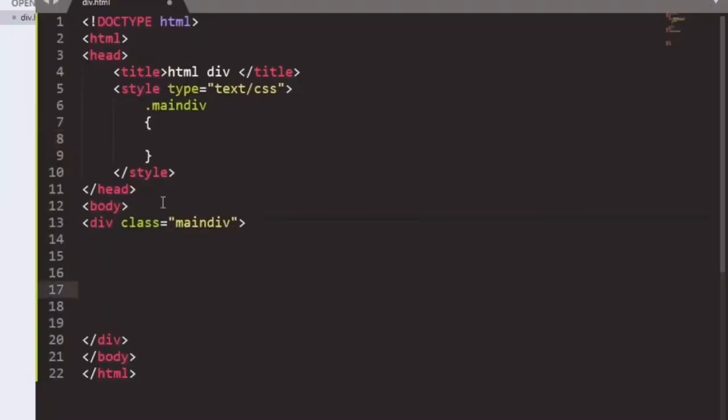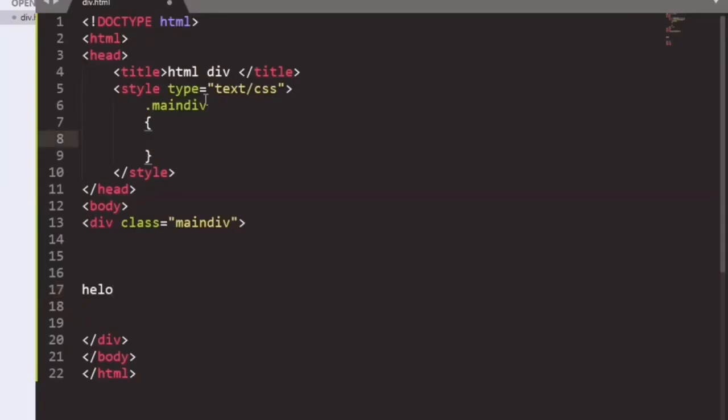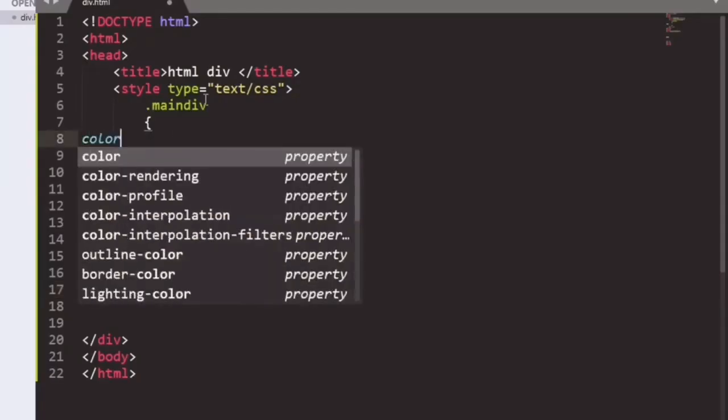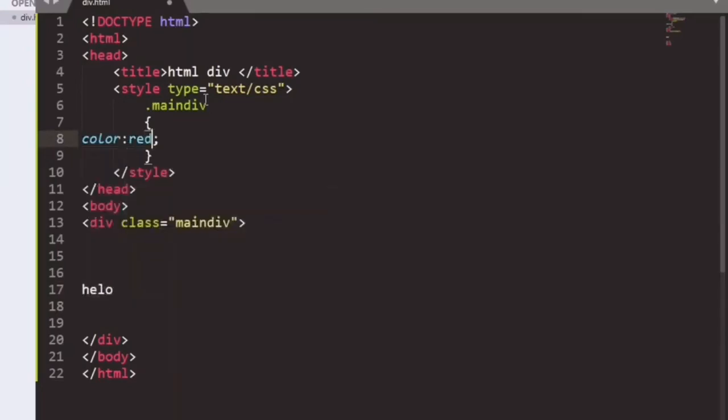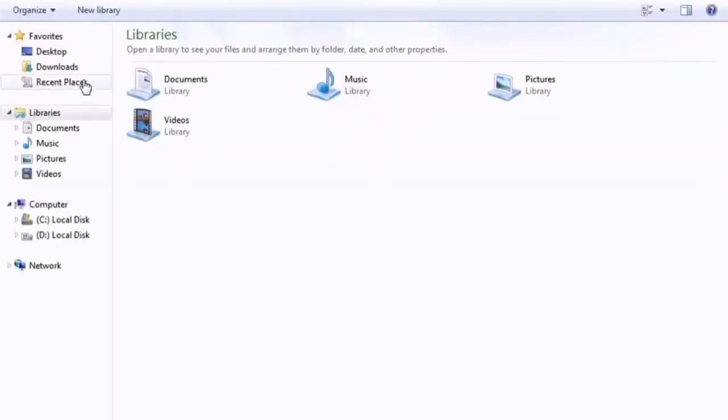So the curly braces start. In between this we will pass some value according to our use, what we have to mention in the div. Suppose I am writing hello and I want the color to be red. Save the file, and we have to go to the browser.